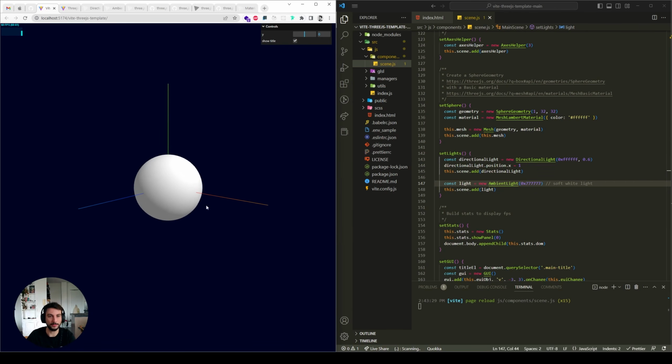Cool, so now we have a sphere. And now let's make the reflection. Okay, so now we have a nice white sphere, but that was not really the purpose of the exercise, right? So let's get right into it and let's start to create the mirror effect. So first we're gonna